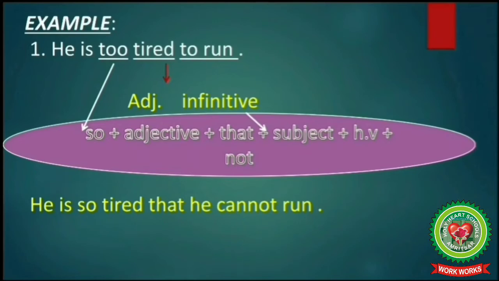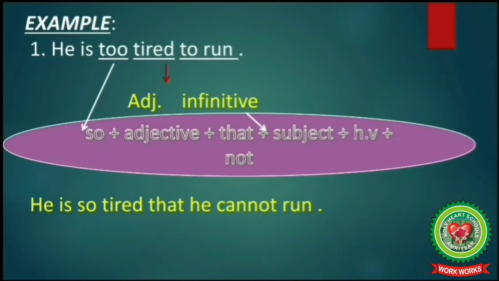Now students, keep this in mind. If the statement is in present tense, we have to use cannot. And if the statement is in past tense, then we will use could not. This we will learn in the further examples, right? So remember, whenever we have to plus infinitive, we will replace it with so that. But remember one thing students, with too there will be no negative and with so there will be a negative. So that is the way you solve such sentences.